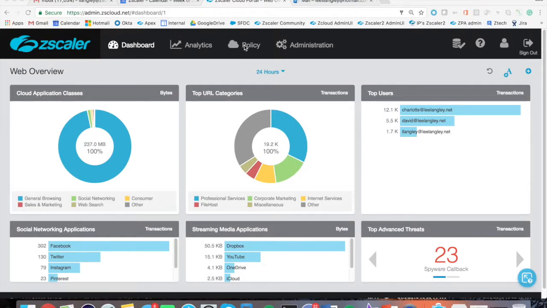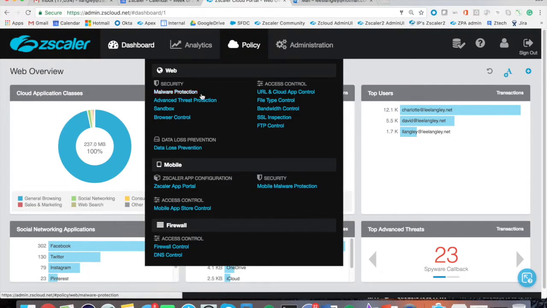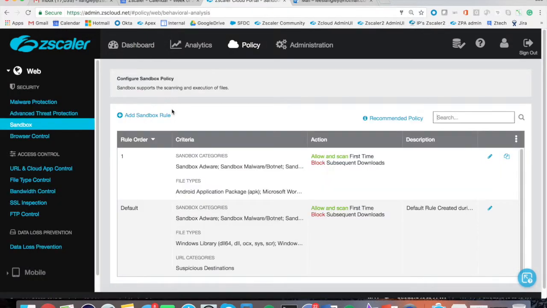So in the interface, we go to policies and we head on down to the sandbox tab. And in here you'll see the ability to create some rules. We've got a default rule. This default rule is in place for all the users, all the customers, and effectively allows us to scan for things like DLLs and executables from known suspect sites or content such as pornography and things like that. And then above that I've got a rule that's simply scanning everything. So if I open that up,